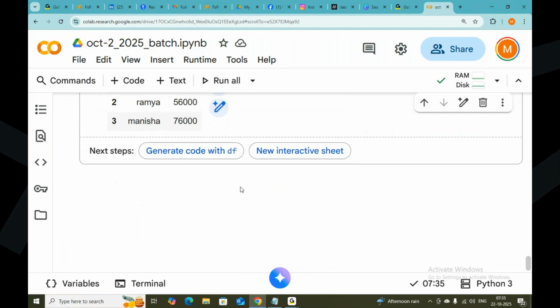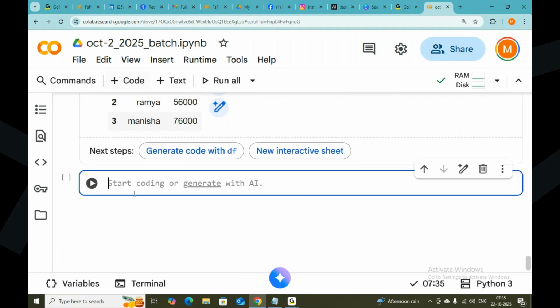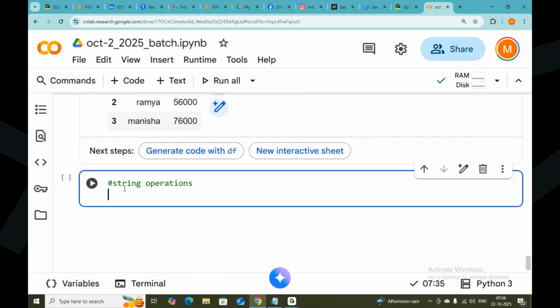Okay, generate one more thing. String operations. Let me do one string operation. String kind of operations in pandas. How you can perform different kinds of string operations in pandas. Okay, let me go df